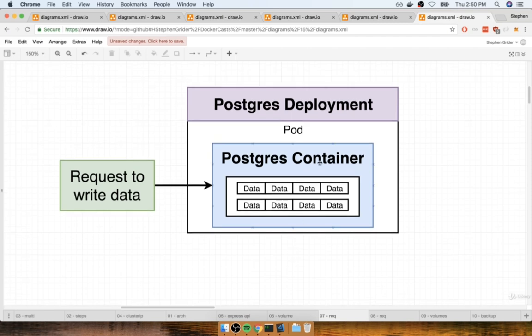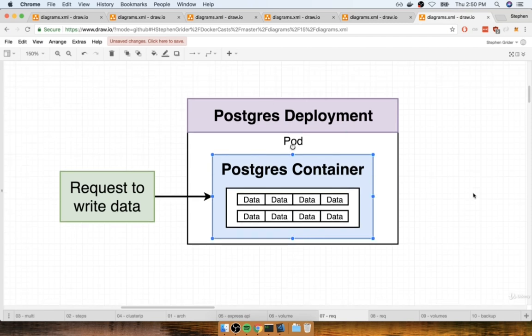Now, I want you to recall that Postgres is a database. And the Postgres database, very similar to many other types of databases, though not relevant for Redis because that is specifically an in-memory data store, takes in some amount of data and writes it to a file system. So we can imagine that a request to write some data or essentially save some data with